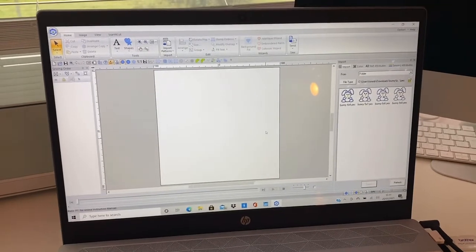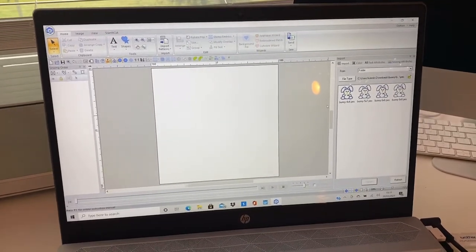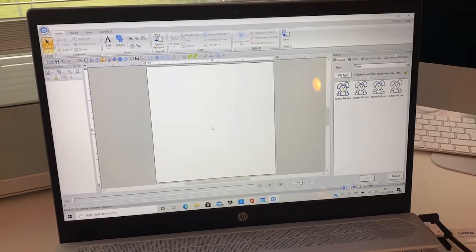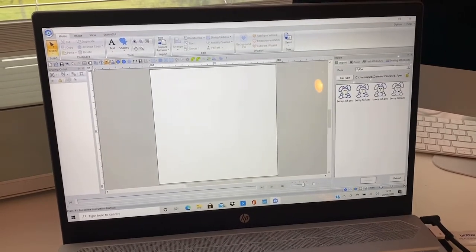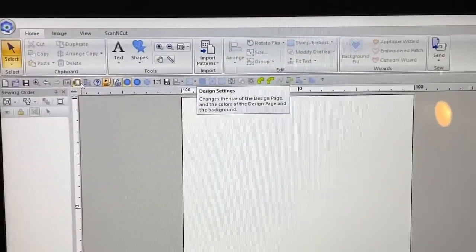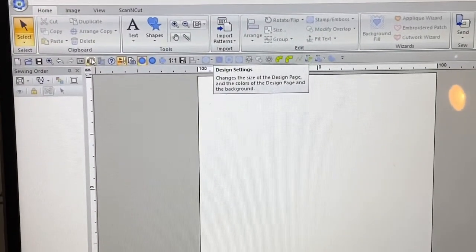So I'm going to do a bunny design. All right, I'm going to bring a bunny in. I'm going to quickly do that. I've set my hoop size first of all, with this little button up here. Let me zoom in a bit. Right, there we go. So up here,